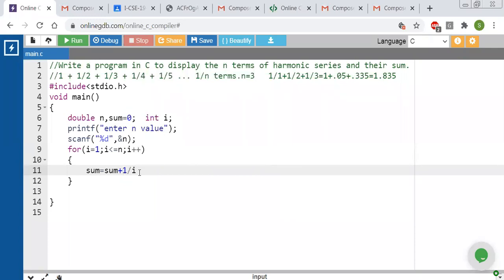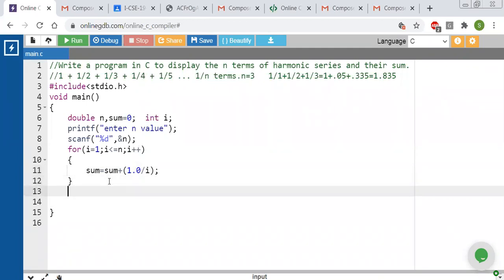Instead of writing 1 here, I will write it as 1.0. I will tell you the purpose of it, why we are writing 1.0. And then finally I will display that value.